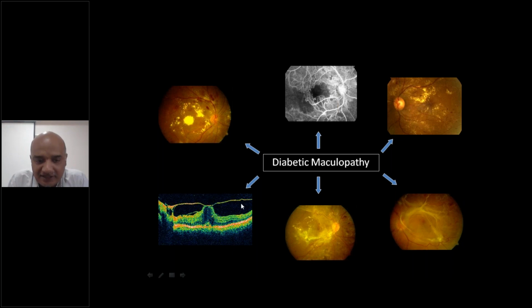Now this picture here is a picture of OCT. This is the latest investigation, apart from fundus fluorescein angiography, available to analyze the layers of the retina. These are all layers of the retina. In the cut section of the retina, you can see how the retina is being pulled upwards by traction, by fibrous proliferation. The retina is swollen here, in the central part, and it exactly tells how much amount of swelling is there. So it is mainly to assess the effect of treatment.